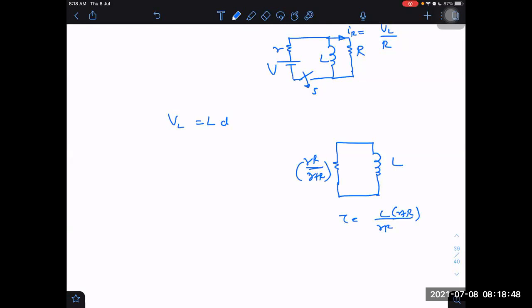Voltage across the inductor will be, what would that be? First of all, I have to find out the final current after a long time. Then I can get the value. I think I can make the diagram. After a long time, it will be. Let us call the current through the inductor I_L. I want to plot I_L versus time.